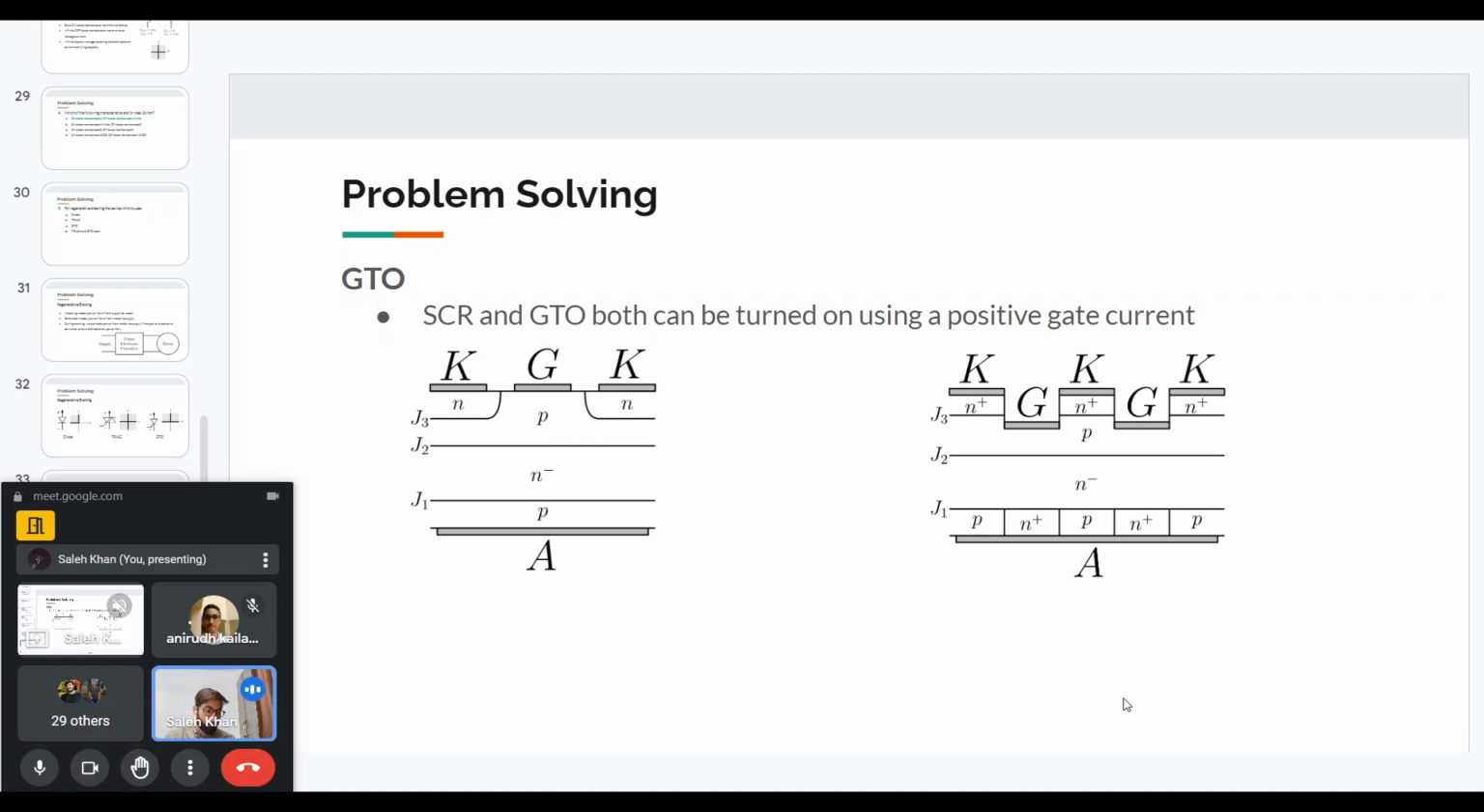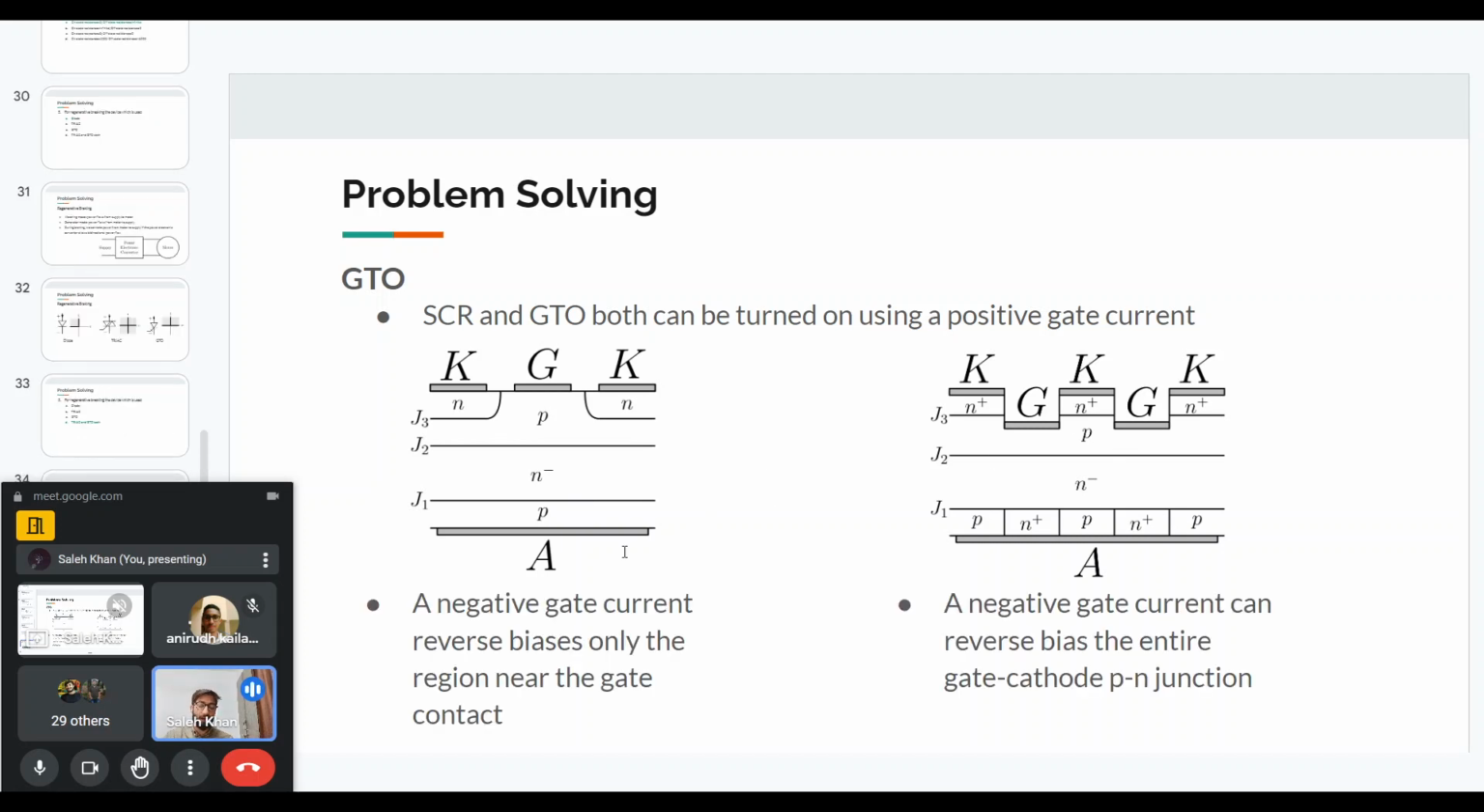A GTO is an improved version of an SCR. I've shown here the structure of the GTO and SCR, with the SCR on the left. Both of them, SCR and GTO, can be turned on using a positive gate current, and that we can understand. But for the SCR, if we apply a negative gate current,